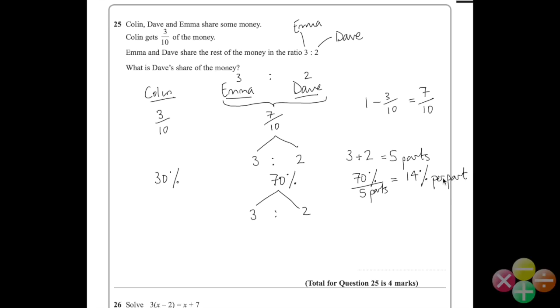So if we go back to our original problem, Emma, she gets 3 parts. But we don't actually need to find out Emma because we want to know what Dave's share of the money is. So let's focus on Dave. So Dave, he gets 2 parts. Now, if each part is worth 14%, so that's 2 times 14%, which gives us 28%. So the answer is simply